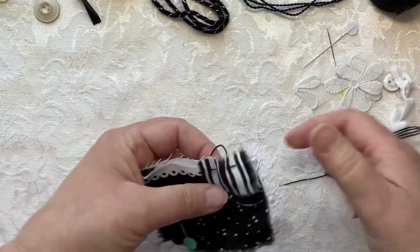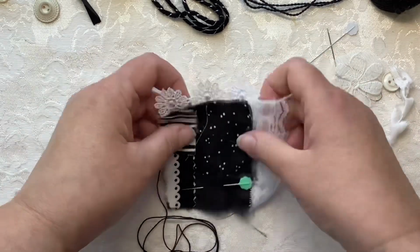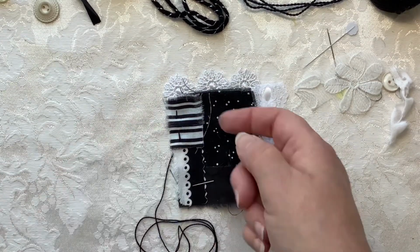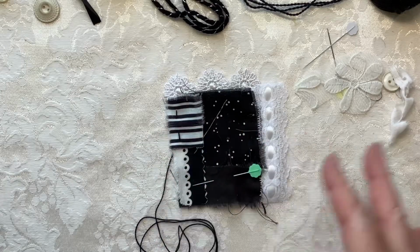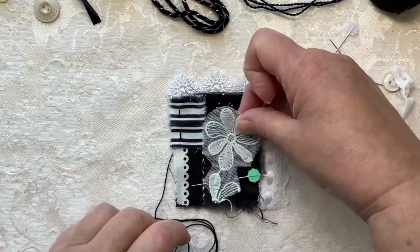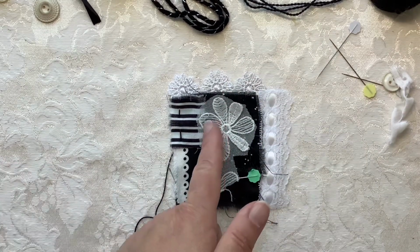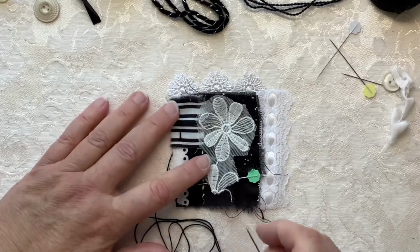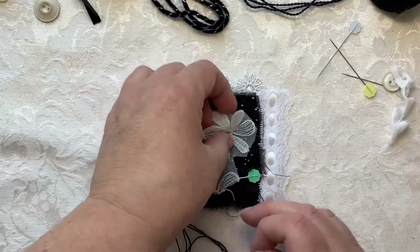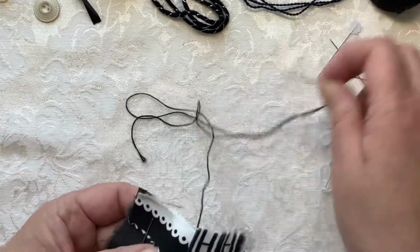Now, one thing I have to think about at this point, oops, is where do I go from here, right? So there's the other side of this little piece of fabric. Do I care? I mean, you guys know I like to leave fabric and lace loose. I don't mind that at all. I like it. But I do know I'm going to be putting this flower on here. So it looks like I'll be grabbing some of this striped fabric when I sew that. So I'm not concerned. I don't feel like I need to go over here and sew right now. So I'm just going to continue down,